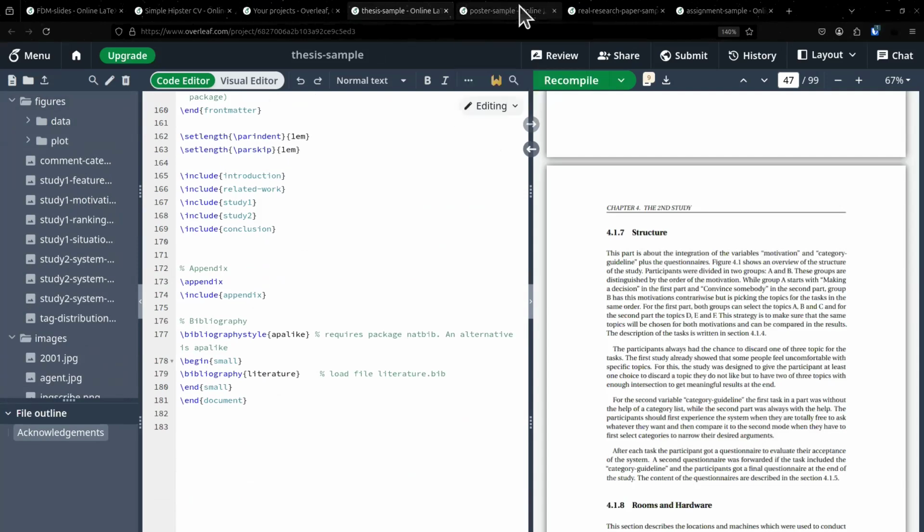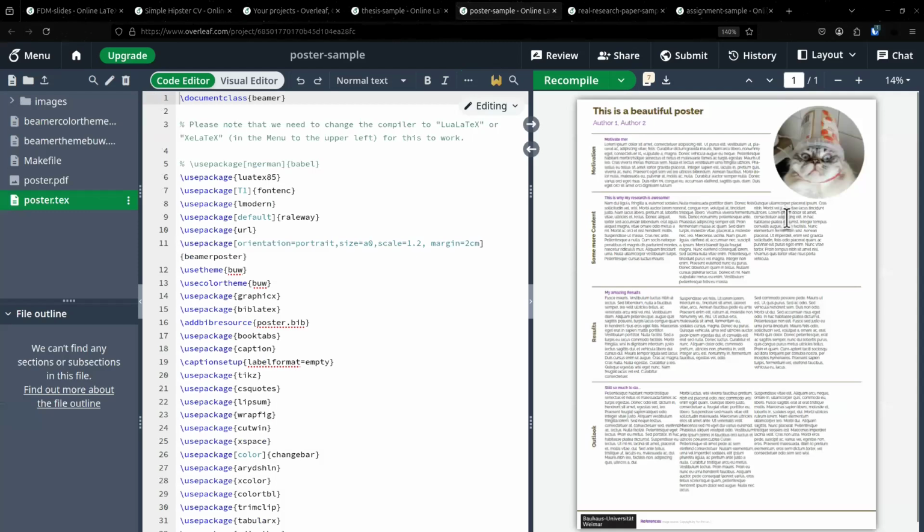The next would be a poster, thanks to Natalie Lang, who created this, also with a very great picture of their cat. So you can have, for example, posters where sometimes it's not that easy to create these kinds of deviations with LaTeX, but everything is possible.